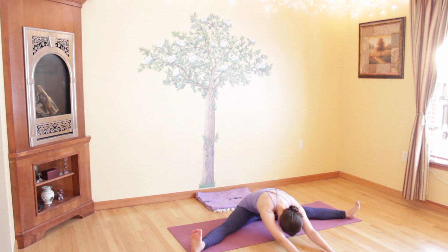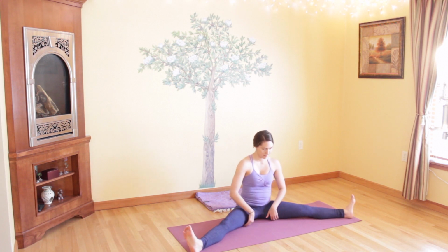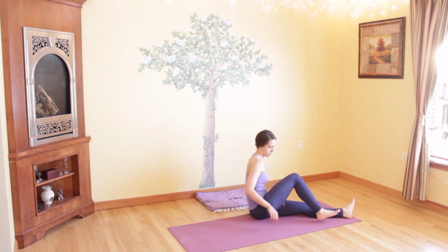Continue to breathe, using your exhales to stretch a bit deeper every time. Although you're actively trying to stretch here, you're still being mindful of your body, listening to what it needs. Don't stretch anything too fast. Take one more deep breath here. And now bring your torso back upright, bring your legs in towards each other, and come to lying on your